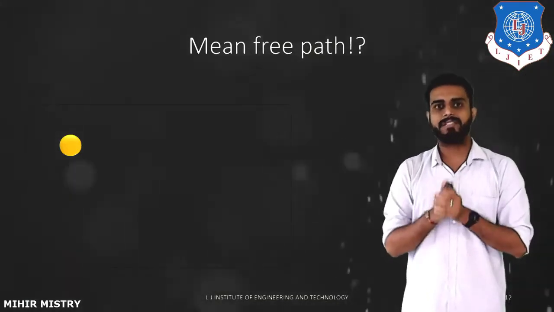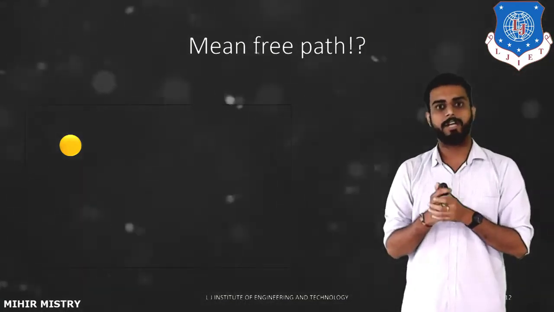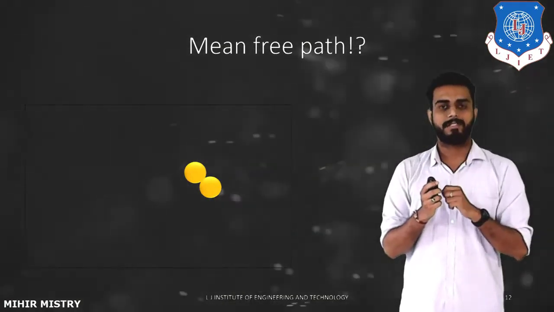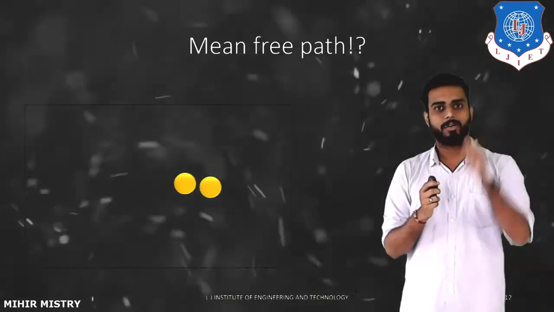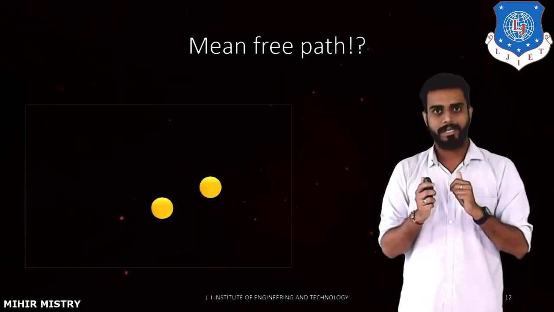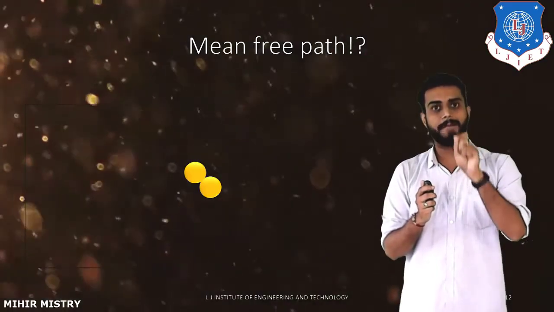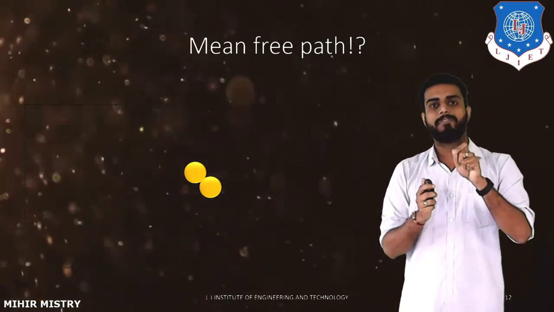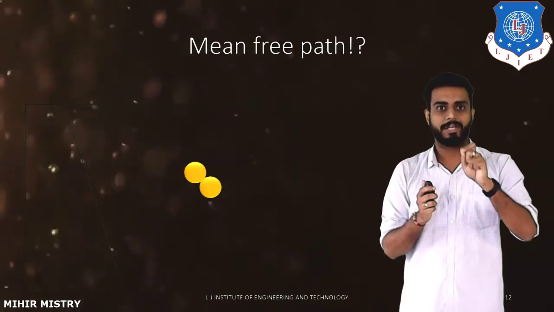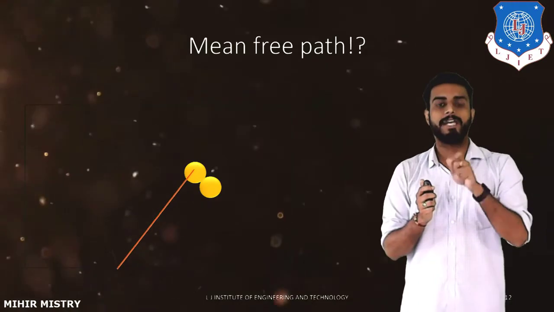Very simple. As you can see on the screen, a yellow molecule is shown for your understanding. Now this yellow molecule will collide with two surfaces. The very first surface, as you can see, it will collide first with the bottom surface and then it will collide with the other molecule, right? So there are two collisions taking place. So free path means what? Free path means the path traveled between two successive collisions. As you can see here, the line that I have drawn is nothing but the free path,